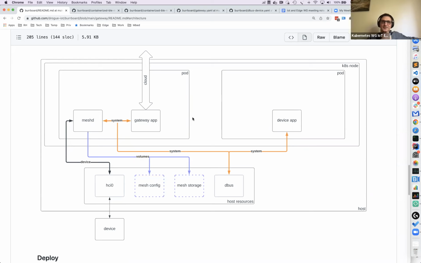It's a different problem. There's BLE and there's BLE mesh. BLE is much better supported at the moment, but the mesh thing is still in development, and for one reason or another, we decided to focus on the mesh as a thing that we want to play with and continue developing for this kind of use case.